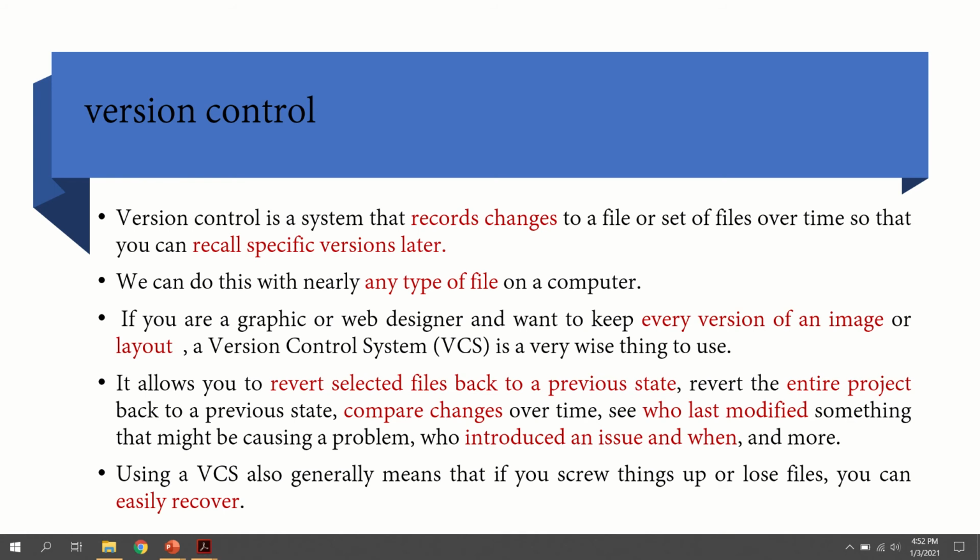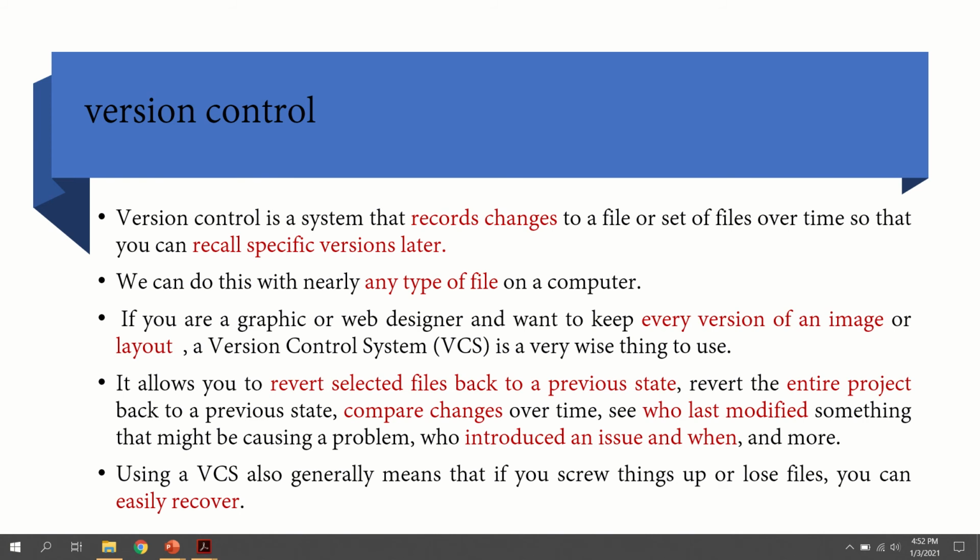And next, if there is any issue regarding the project or any issue regarding a file, we can also identify what the issue is and when the issue was created. So all these details can be identified by using the version control system. So a version control system has this many advantages.